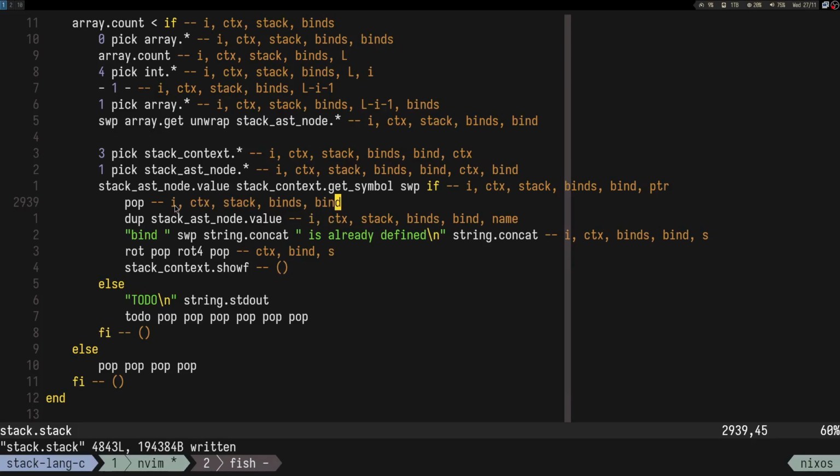We dupe the bind. Okay, we dupe it, and we take the value. Then we put this string, we swap concat, so we have bind name is already defined, so bind name. All right, so we have I context binds bind and the string. So I said that we bring binds forward, we pop it,